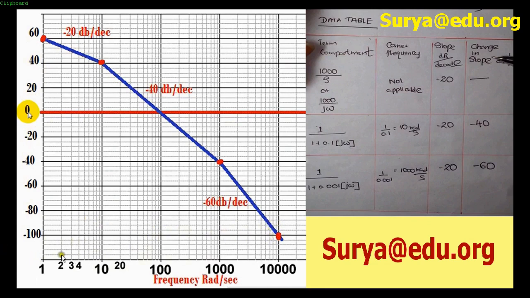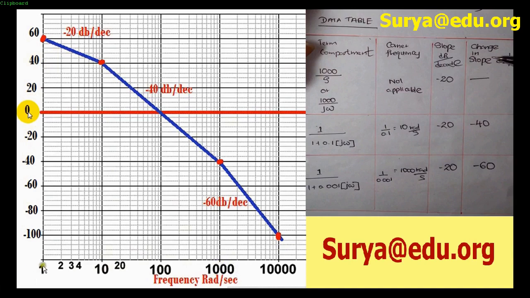So basically we have 4 divisions that are changing with respect to the power of 10, right? As you can see, the horizontal axis denotes the corner frequency. The first corner frequency that we have is 1 radians per second, which we added externally in order to sketch this plot, and the next one is 10, which was originally there, and the next one is 1000 radians per second.